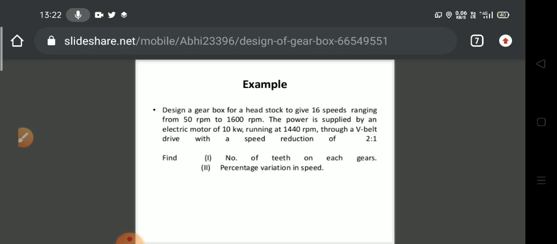Find the number of teeth on each gear and the percentage variation in speed. So in this example, you have to find the number of teeth on each gear which is used to construct a gearbox, and the percentage variation in speed at all stages. So first of all,